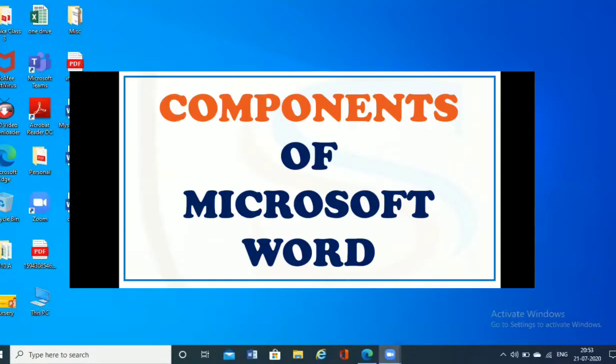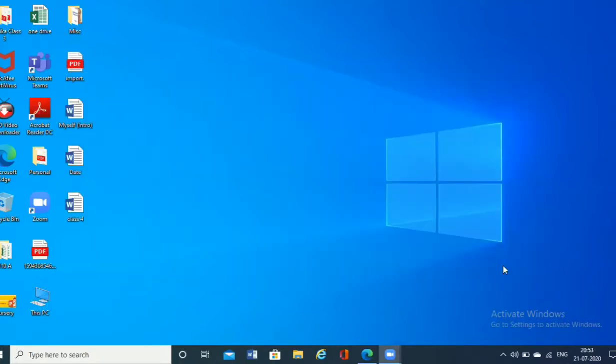So students, today we'll be talking about what is Microsoft Word once again and what are the components which are available on the Microsoft Word window. In the previous video we talked about the two ways by which we can open Microsoft Word. The first way was to click on the start button. You will be available with the start menu. In the start menu, click on Word and you can open the application. The second method was in the search box, type Word and the application will be available there. You have to just click on it and you can open Word.